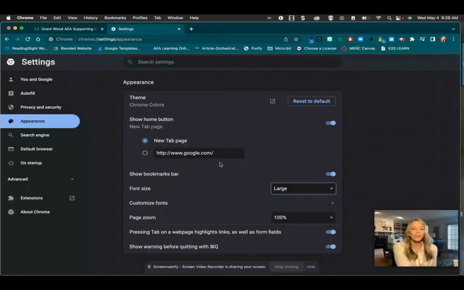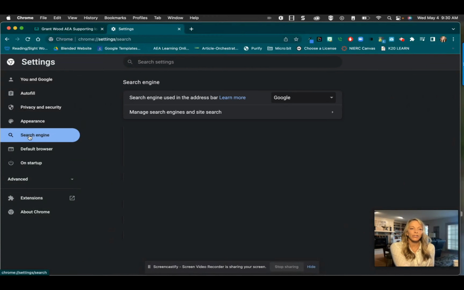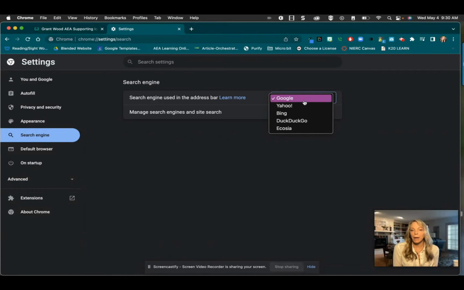The last thing that I'll show you how to do is click here on your search engine. If you'd like to choose a different option, there are a few other tools that you can choose from here, and it will automatically default to this tool when using a search